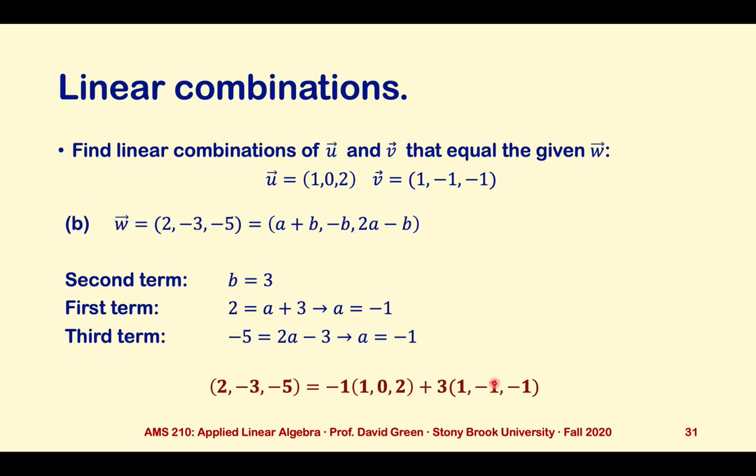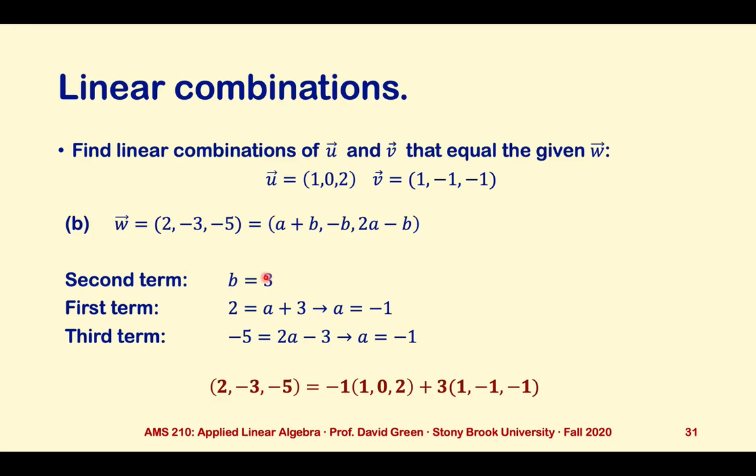All right, let's move on to our next choice of W. Different choice of W, but the same general expression for a linear combination of U and V. We can take a very similar approach. Look at the middle term. The second term of W is -3, therefore B has to be